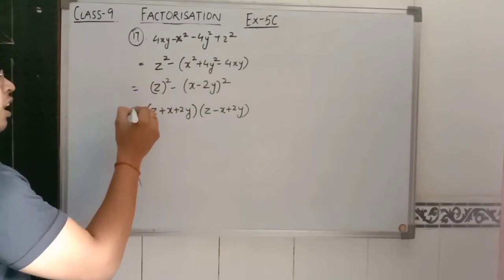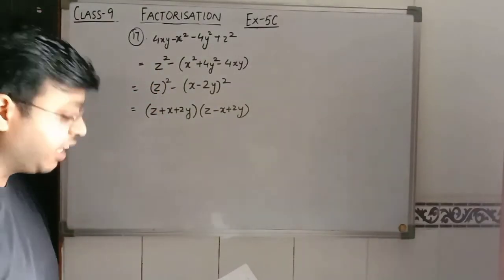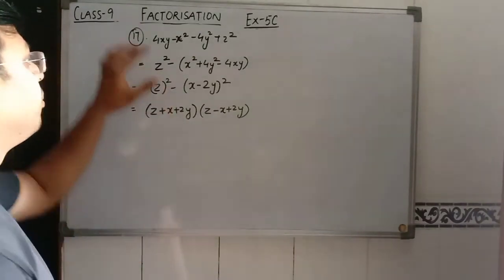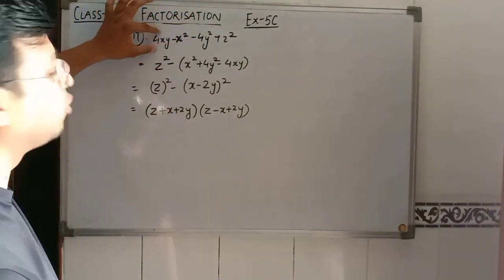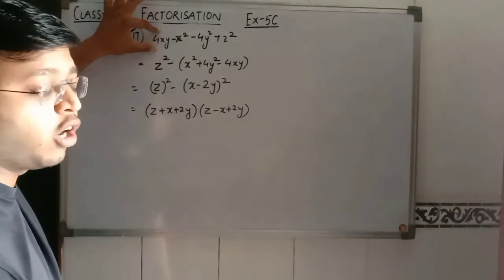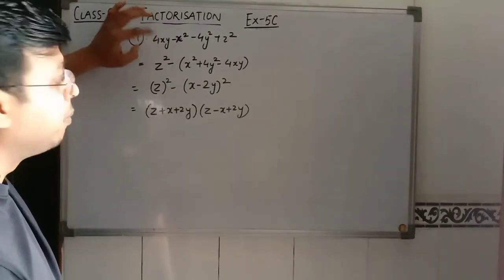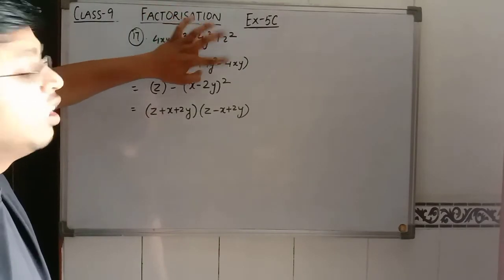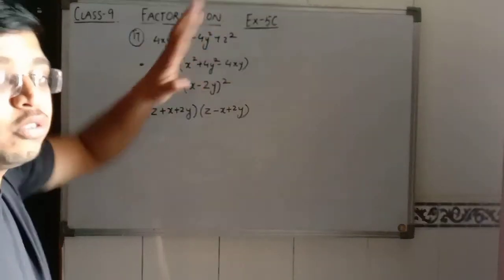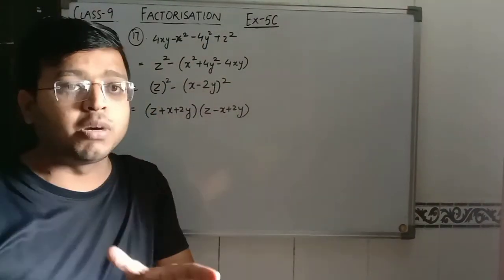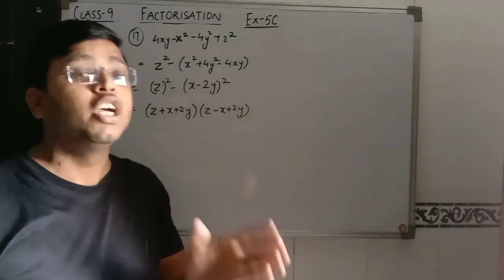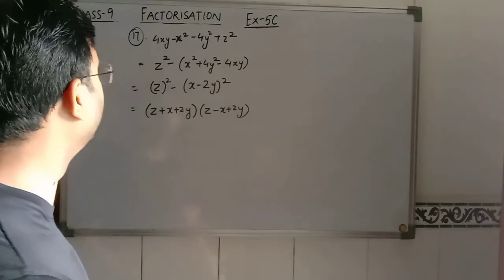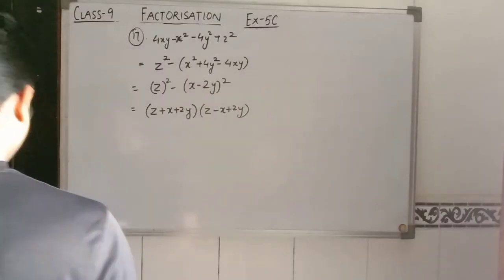So along with the grouping, you have to also take care of all the signs, because if we group these three terms together, they are not forming any identity. But as we have taken minus as common, the sign has changed, and now they can form an identity. So before taking common or before grouping the terms, you have to make sure that they are forming a proper identity or not. So this is question number 17.